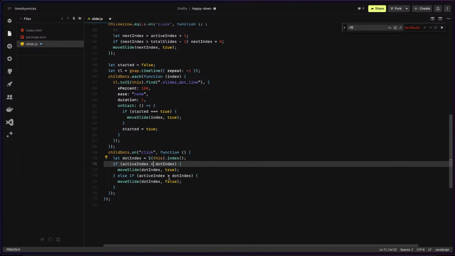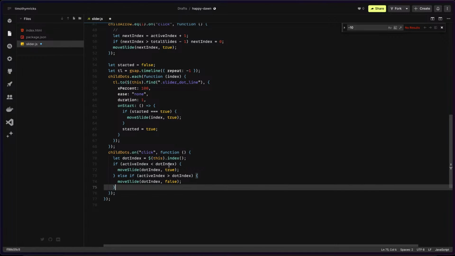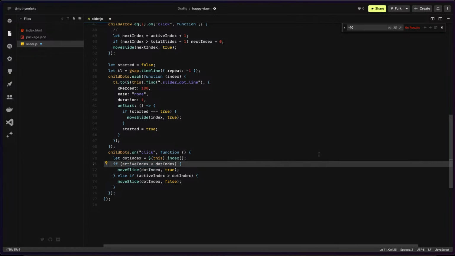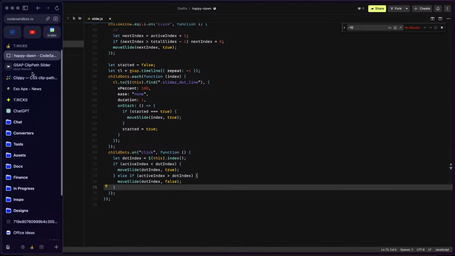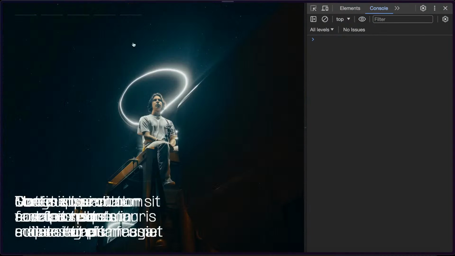And then I didn't include this greater than or equal to, because if we clicked on the dot index and we're already on that active slide, then we shouldn't move the slider at all. We'll just do nothing. So this is only going to run if we clicked on a dot that's greater than the active slide or less than the active slide. So if we save this and we come back over here,